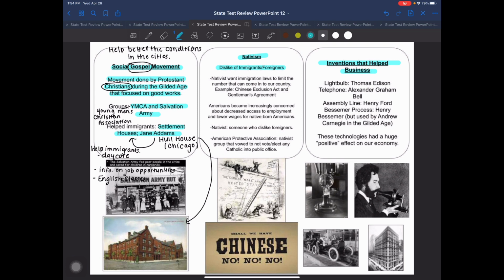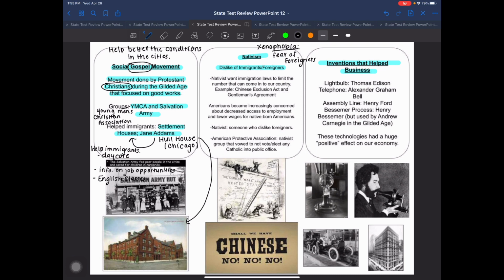But to kind of cut down on that confusion, nativism is the dislike of foreigners, the dislike of immigrants. Now, there is another word, and we need to go ahead and get it, all right? There is another word called xenophobia. Probably pronouncing that wrong, but it doesn't matter. Xenophobia, okay? And what this is, the word phobia really helps you here. This is a genuine fear of foreigners. So there's a difference in just not liking foreigners and having a genuine fear of foreigners. Like, you think they're here and their way of life is going to hurt you. It's going to hurt this country. There's a difference, all right?